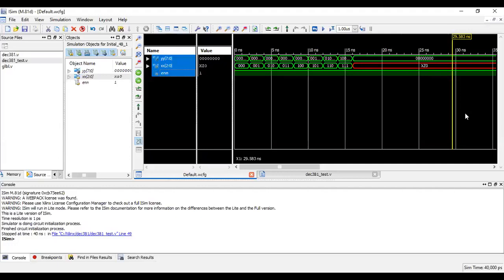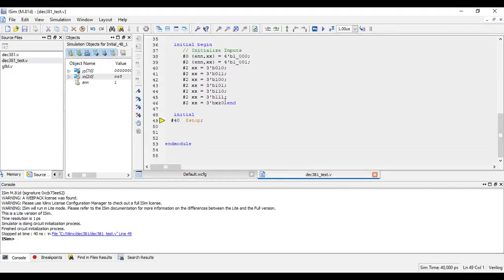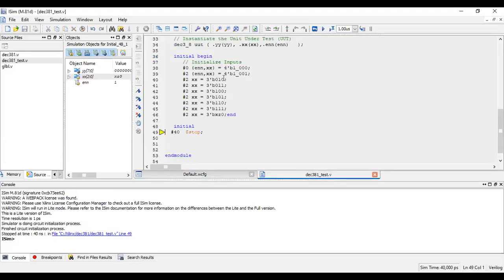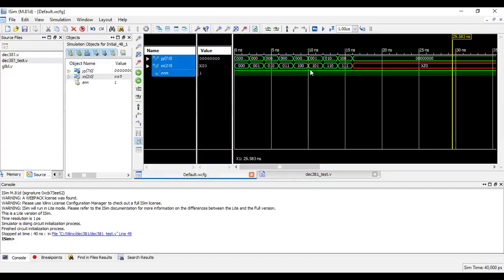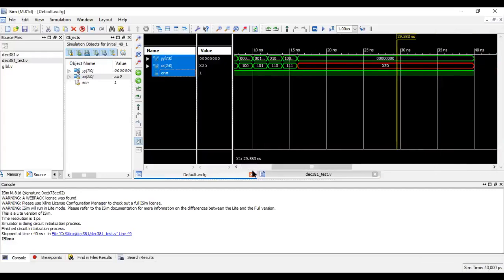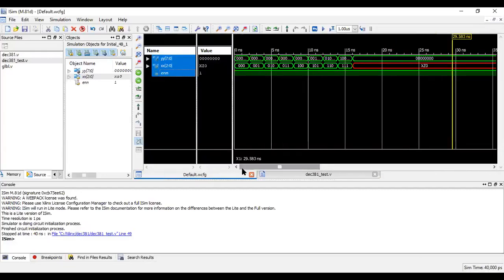So this is the simulation we have got. Enable, I made enable equal to 1 only for 2. If you can see the timing, the test fixtures over here, I gave enable equal to 1 over here. I did not give the enable value till the end, but by default, it will take the same enable value till the end. So we can see till 40 nanoseconds, because my stop is at 40 nanoseconds, it has taken enable equal to 1 only.